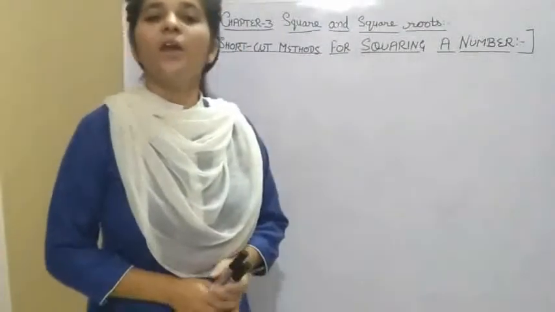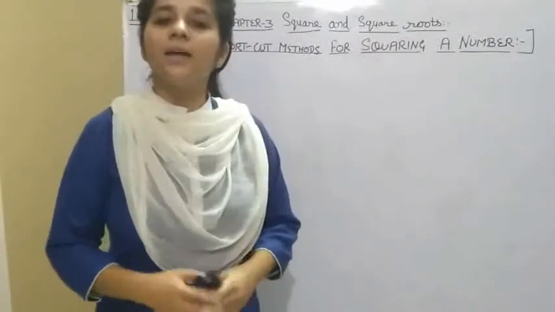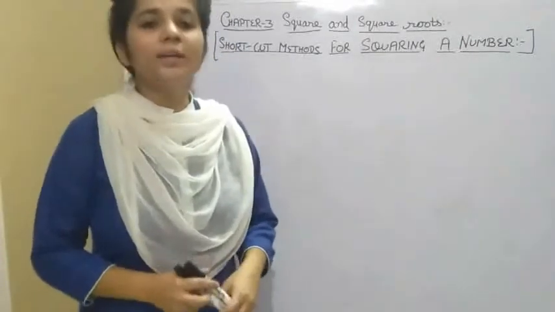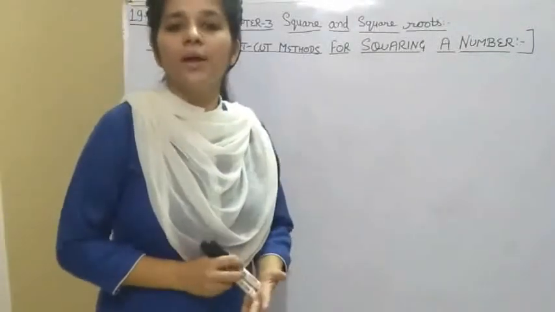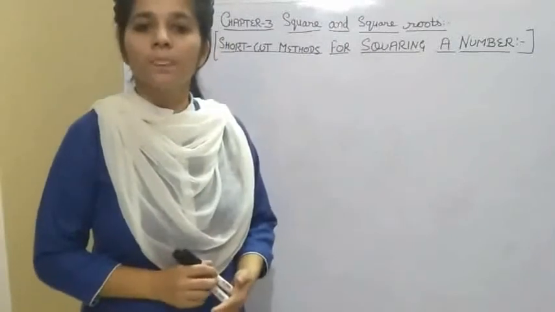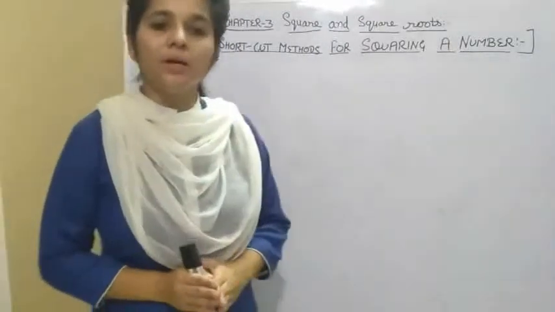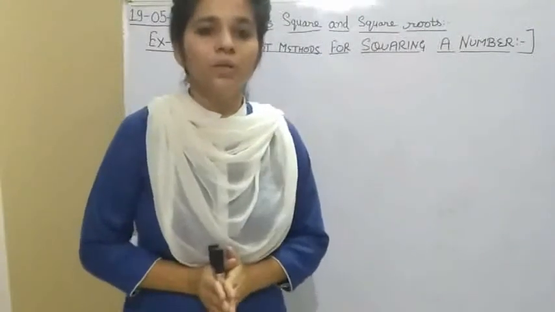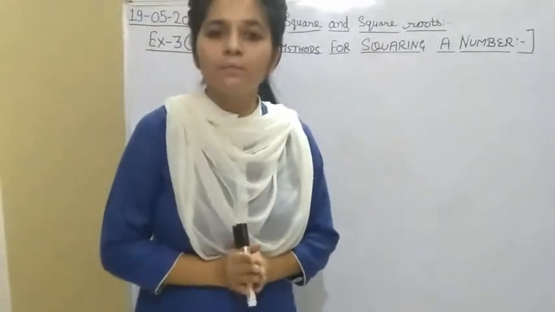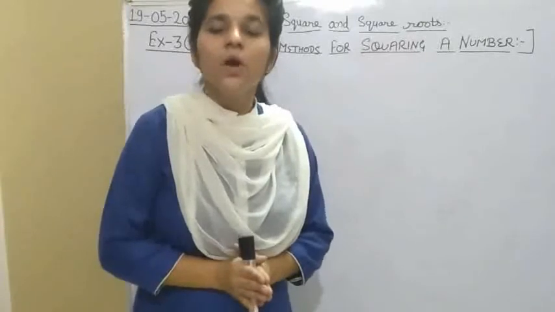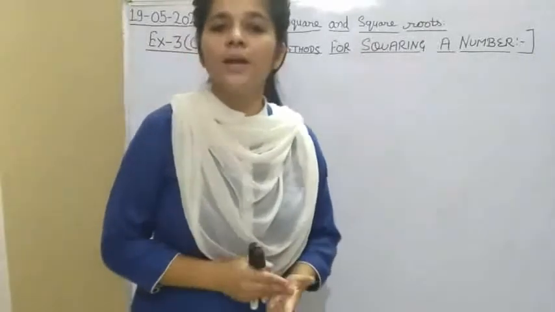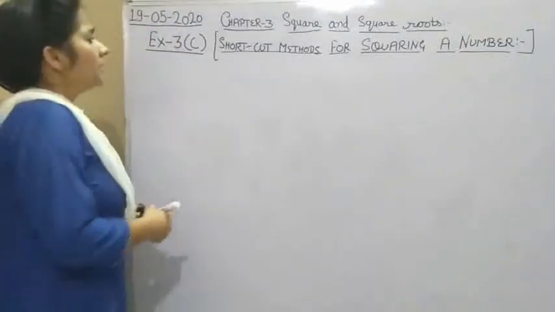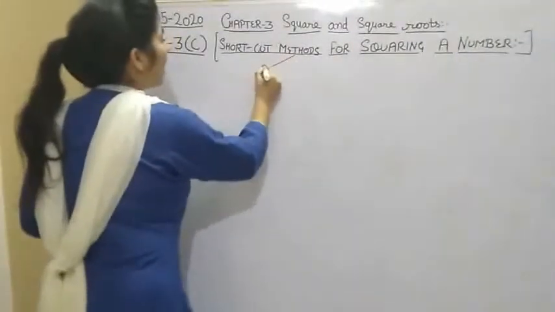Today we are going to start exercise 3C based on the topic shortcut method for squaring a number, from the chapter Squares and Square Roots. There are two different methods for finding the square of a given number. These two methods are,